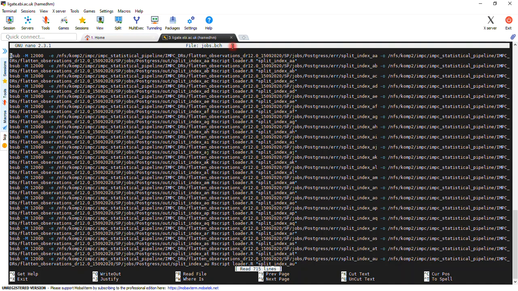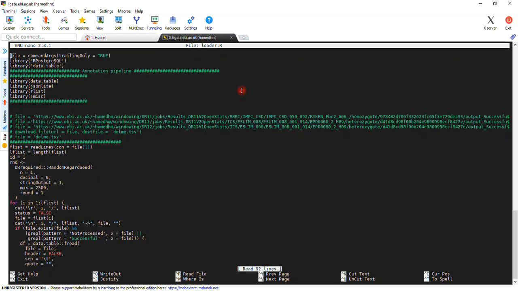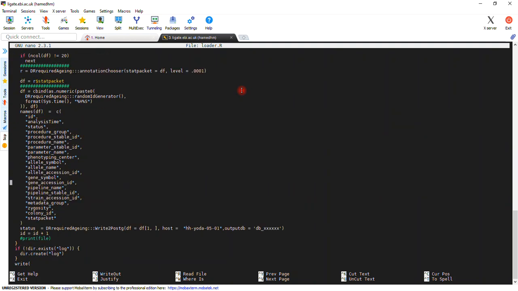Okay, so it's pointed to the R script loader.r, which we already have downloaded from the GitHub repository, and we have the split files here. So that means we are quite ready. But this is not the end. So to run the annotation pipeline, we need to make a little bit of modification to the loader. Nano loader.r. Okay, this is the driver. We don't need to touch anything basically